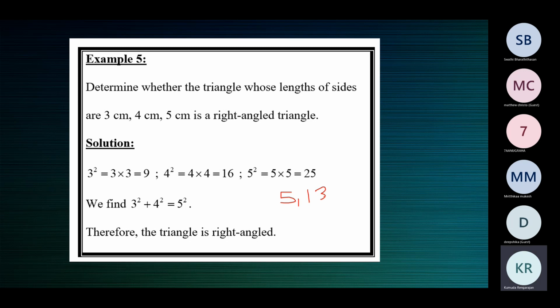Please check this, children. You can only say if it's a right triangle or not. You cannot say if it is an obtuse triangle or acute triangle. You're only trying to find out if it is a right triangle or not. Yes, children, please do this. Will 5 centimeters, 13 centimeters, and 12 centimeters form a right triangle?